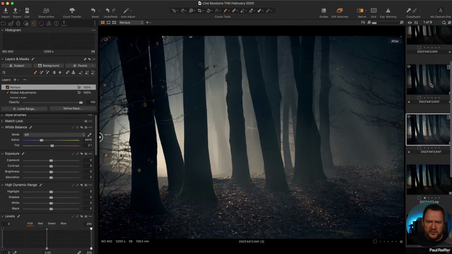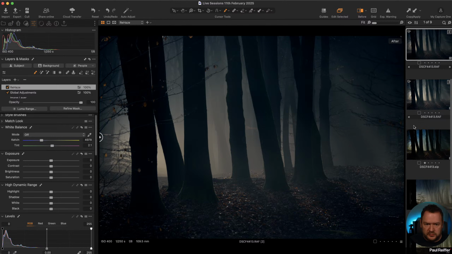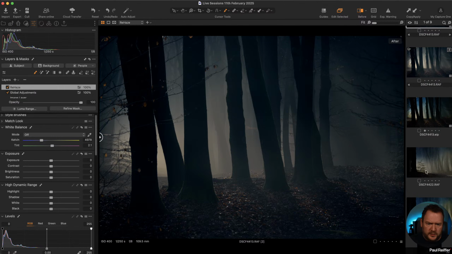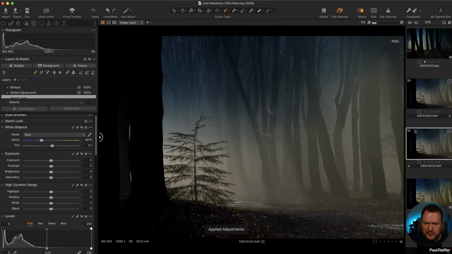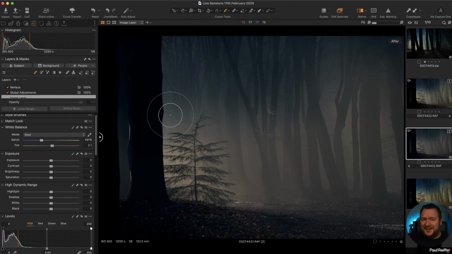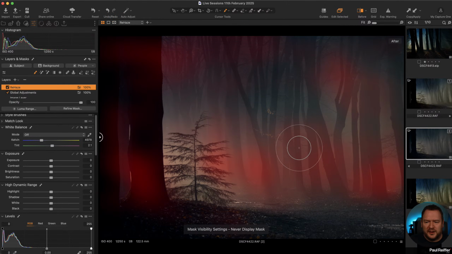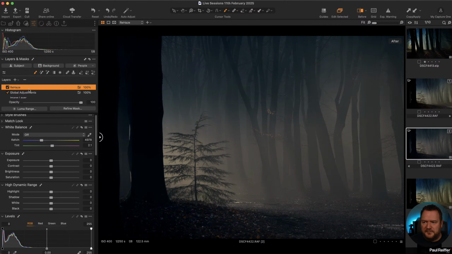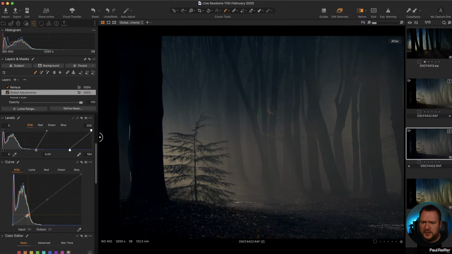For no reason whatsoever, I'm going to copy those adjustments. So Command Shift C or Control C or whatever. Go into this shot here, on the variant, the original one. Paste those same adjustments. Instantly, it's the same atmosphere. The rehaze on this, I might not want fog to be in here, but I can brush it. That's the point. I can now play with the amount of haze that's in there. And my global adjustments now, I might want to pull down there. I might want to pull in a bit more contrast and shift maybe my shadows to be a bit darker.